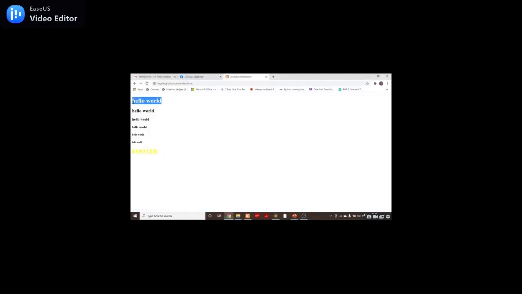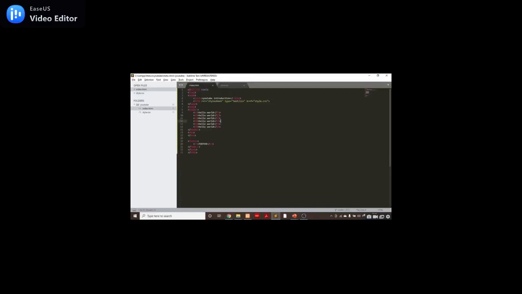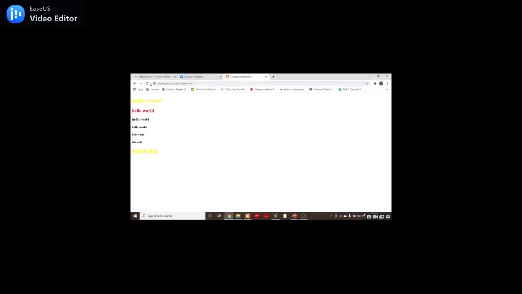Can you see it has changed? The footer color has also changed because the tag I used here, H1, is the same as this hello world. Then for H2, the hello world, I want to change the H2 tag to red color. Save it and you can see it changes its color. Yes, it is changing its color.